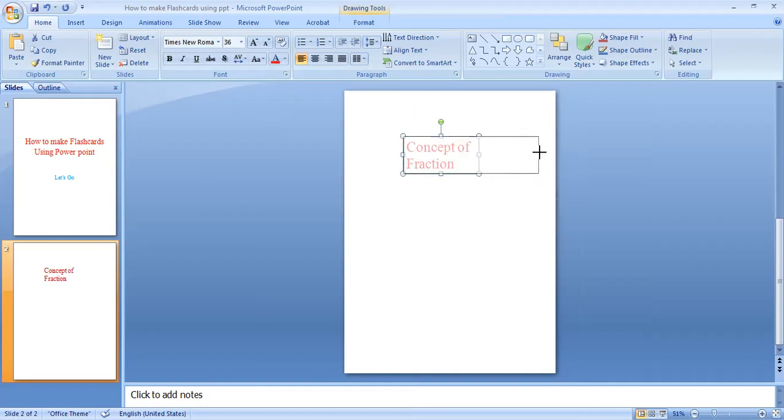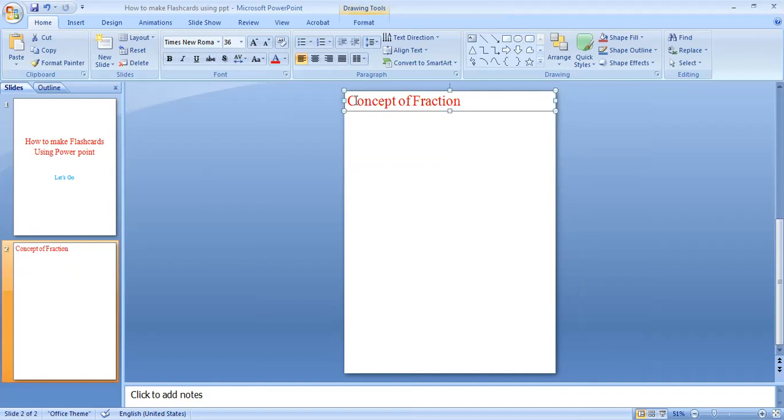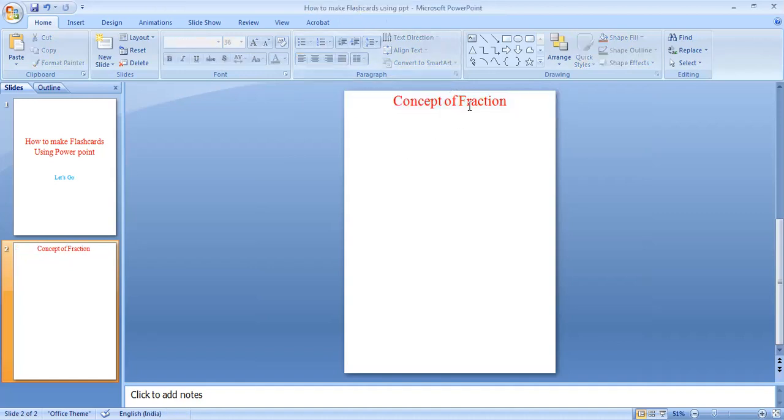I can place it anywhere on this page. Suppose I put it here, and I select this one for center. The shortcut is Control plus E. If I select them, then it is at the center.